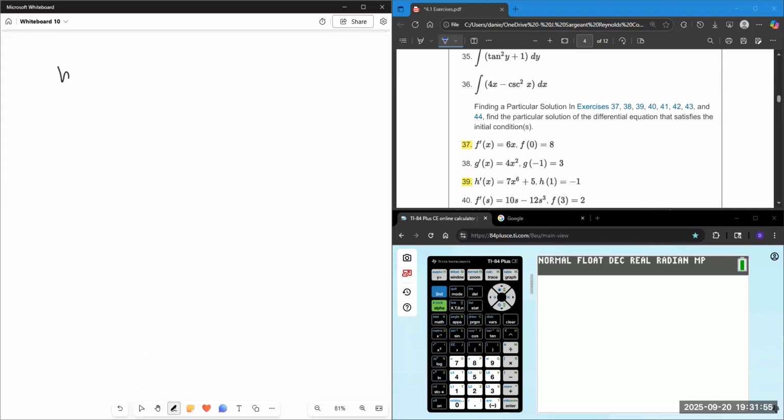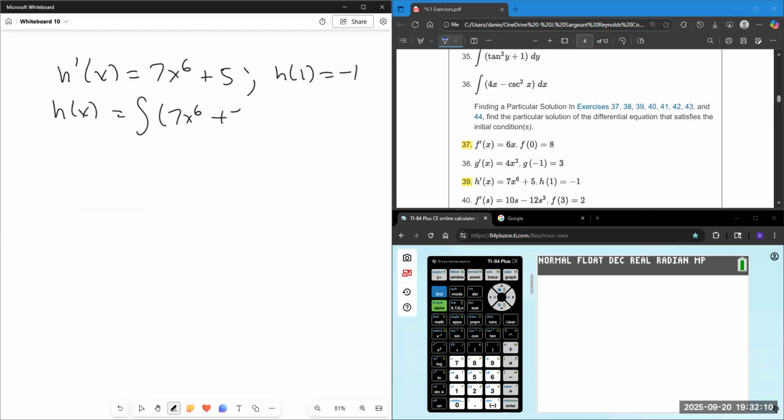39 says h prime of x is equal to 7x to the 6 plus 5. We're given the initial condition h of 1 is equal to negative 1. So h of x is equal to the integral of 7x to the 6 plus 5 dx. So we have 7x to the 7th over 7 plus 5x plus c is our h of x, and h of 1